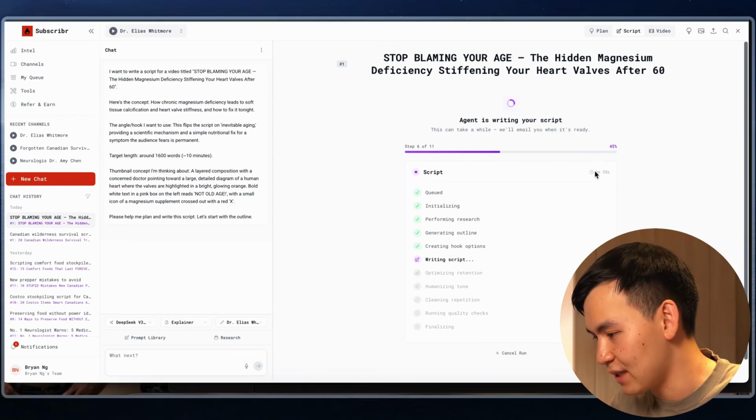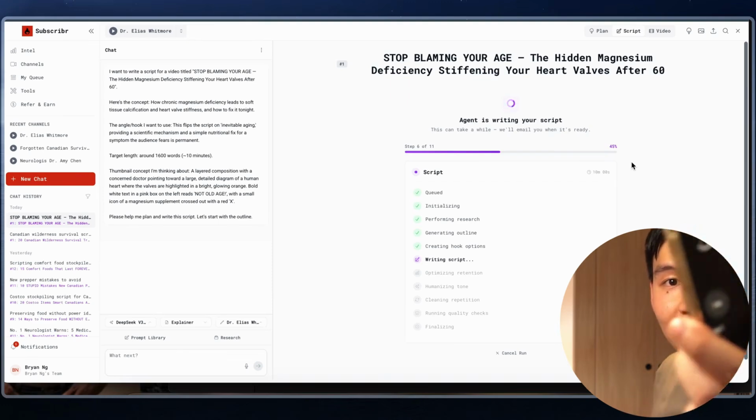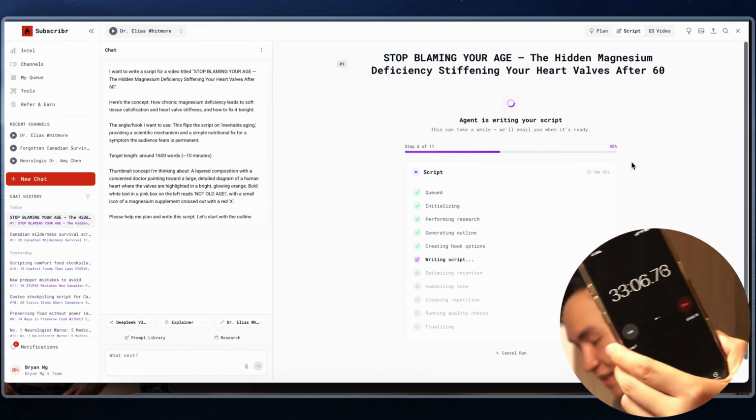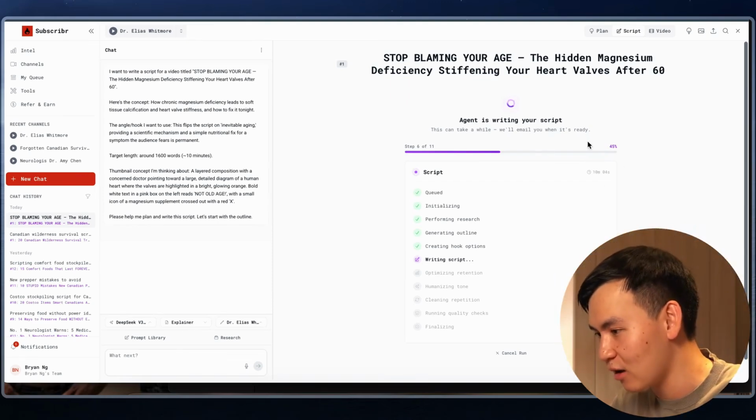So this is at 45%. It's going to take another 10 more minutes or so. And now we are at 33 minutes, right? So this is from the channel start. So what we're going to do next is, while this script is writing, I'm going to